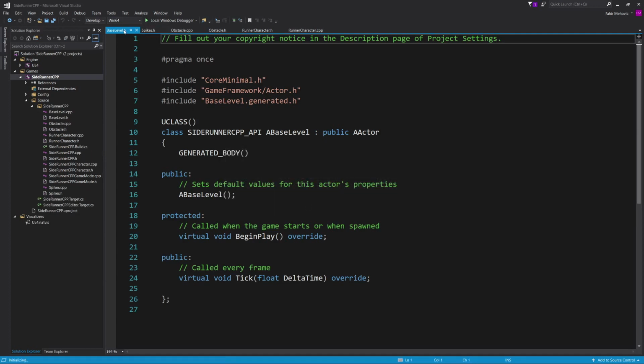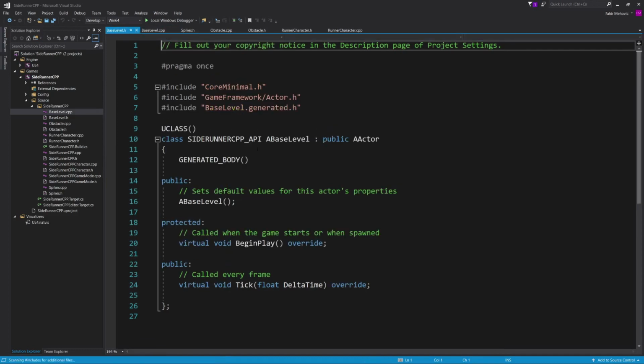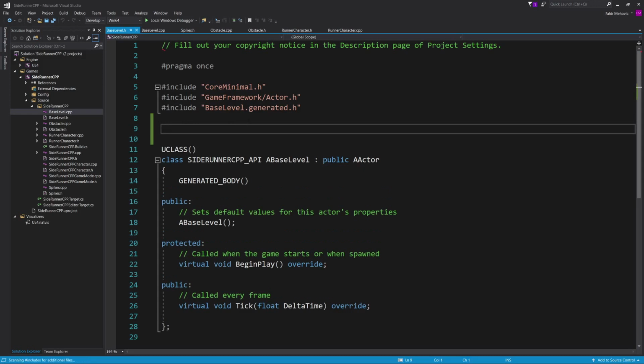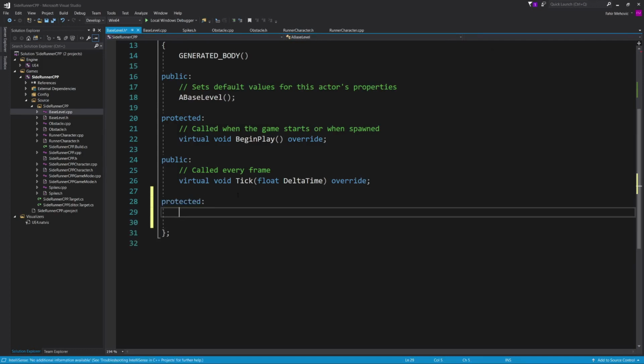There you go. Here we have our BaseLevel.h, and here we have our BaseLevel.cpp. So inside of our .h, the first thing here at the top, right below the includes, I'm going to forward declare. So I'm going to say class UBoxComponent. As I said, this is called forward declaration so that we don't have to use the include. Now going back here at the bottom, right below the public virtual void, I'm going to create protected,